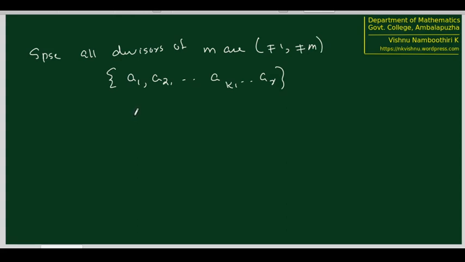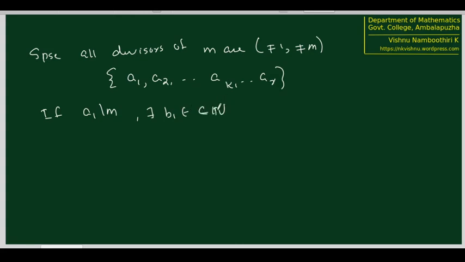Therefore, A1 is minimum going to be equal to 2. If the set is empty, that means that m has no divisors in the range 2 to m minus 1, and therefore we can actually finish. So if A1 is a factor, if A1 divides m, then we know that there exists B1, another integer. Of course, we can assume m to be positive. Therefore, we can assume A1 and B1 also to be positive because we are not actually interested in the negative divisor. So we assume that B1 is a positive integer.